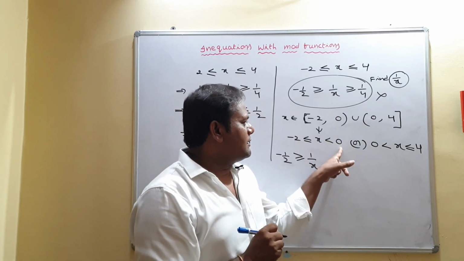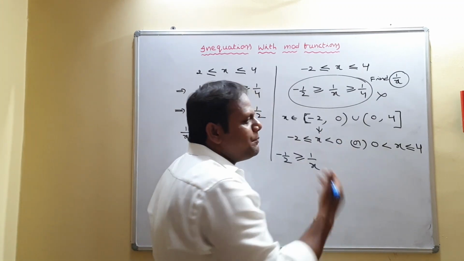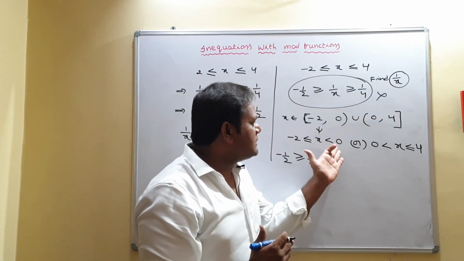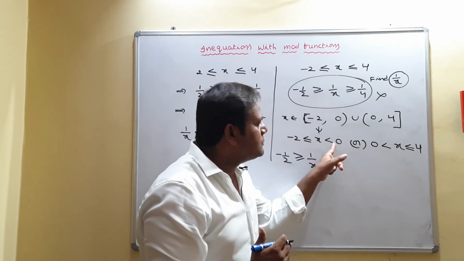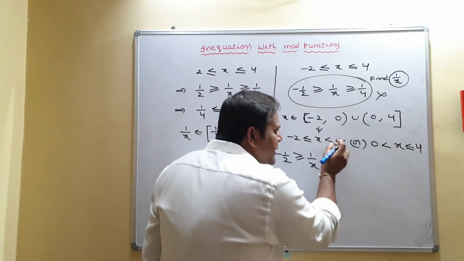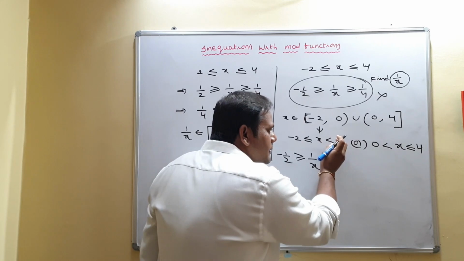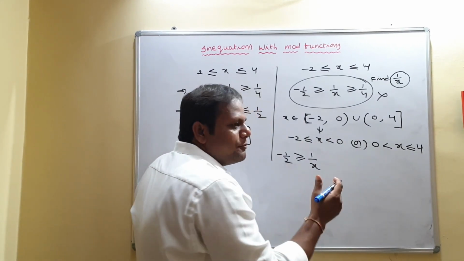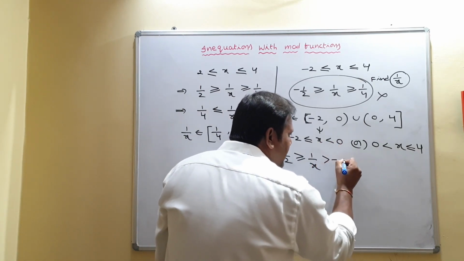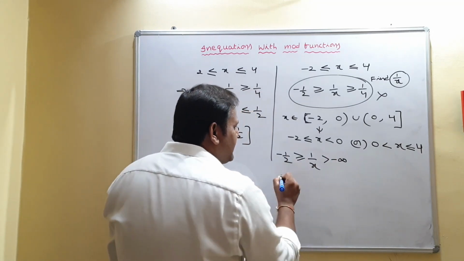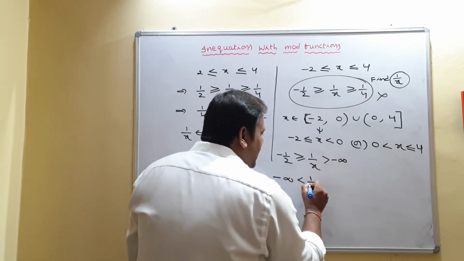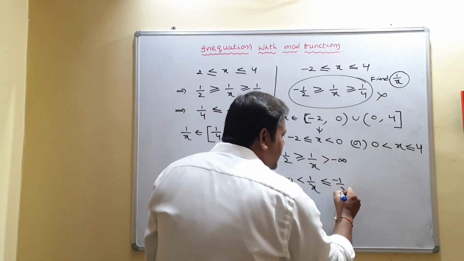Now you see that you should take reciprocals of every value between -2 and 0. Between -2 and 0, we have all negative values. If you take the reciprocal of a value very close to 0 and less than 0, that is minus infinity. That is the reason you can get this less than becoming greater than, with minus infinity. So the inequality flips, and 1/x is less than or equal to -1/2.